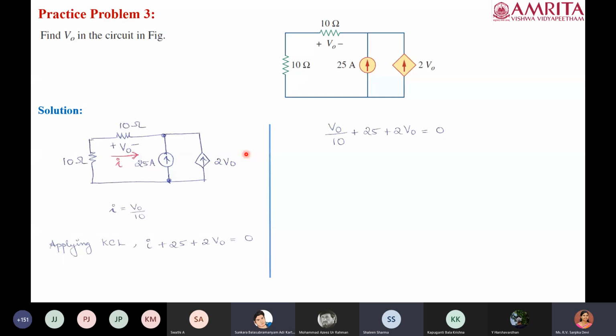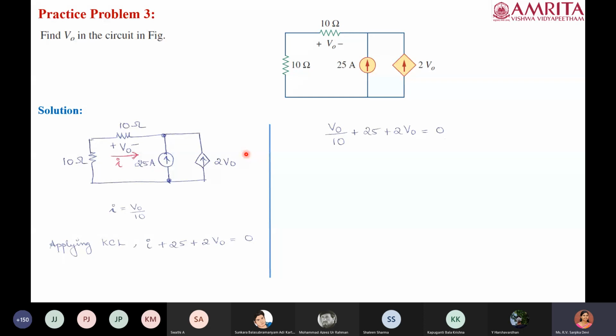Ma'am, or we can write a statement specifying that the direction is opposite? No, that is not required, because the normal convention is that if you get a negative value, it means the polarity directly given in the question has to be opposite. That will be understood by the teachers. Ma'am, the same thing applies for voltage also, right? The voltage will get a negative value.